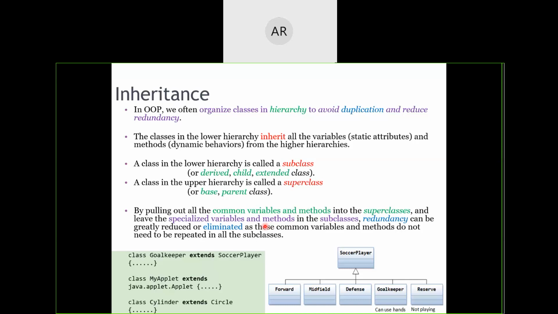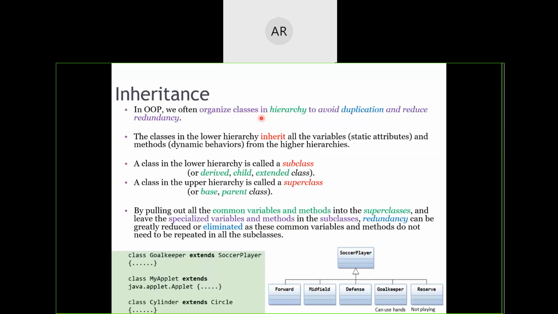And if we wish any characteristics to be there within two or more classes, then we'll inherit the class which was already having those characteristics into another class. So in simple terms, if you have any piece of data within a superclass and you want to use it in another class, then you will just inherit that superclass into your subclass and use that particular piece of code.